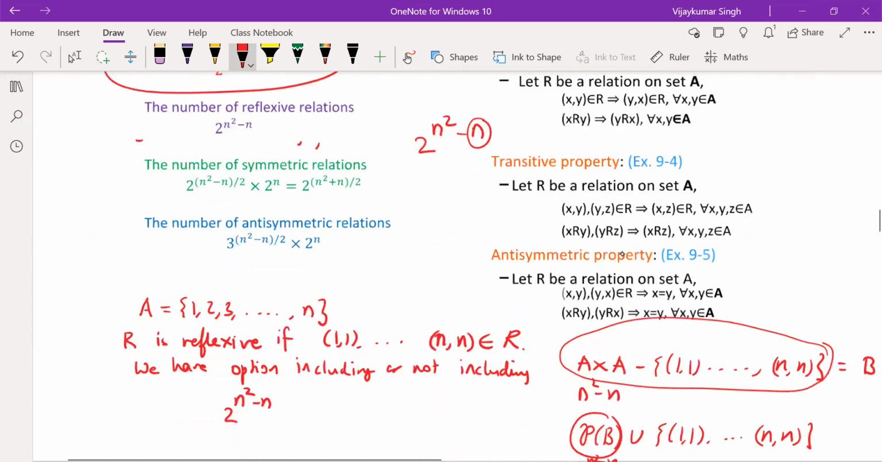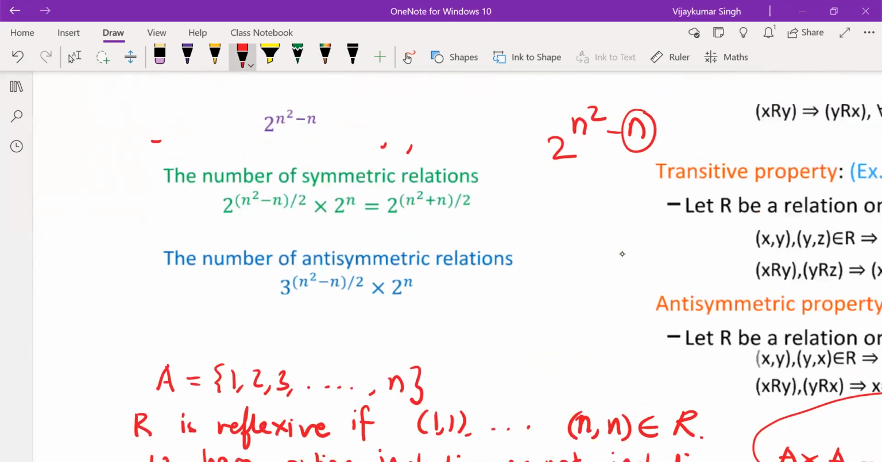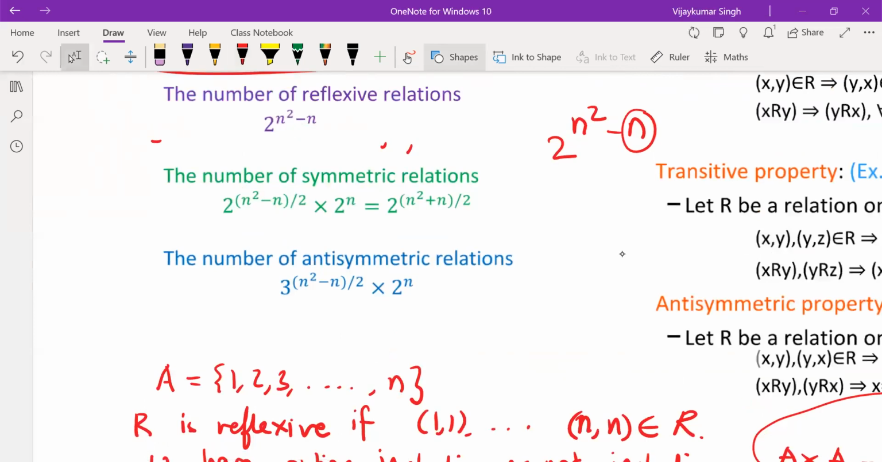Now, does that make sense? Okay. All right. So let's take a 15